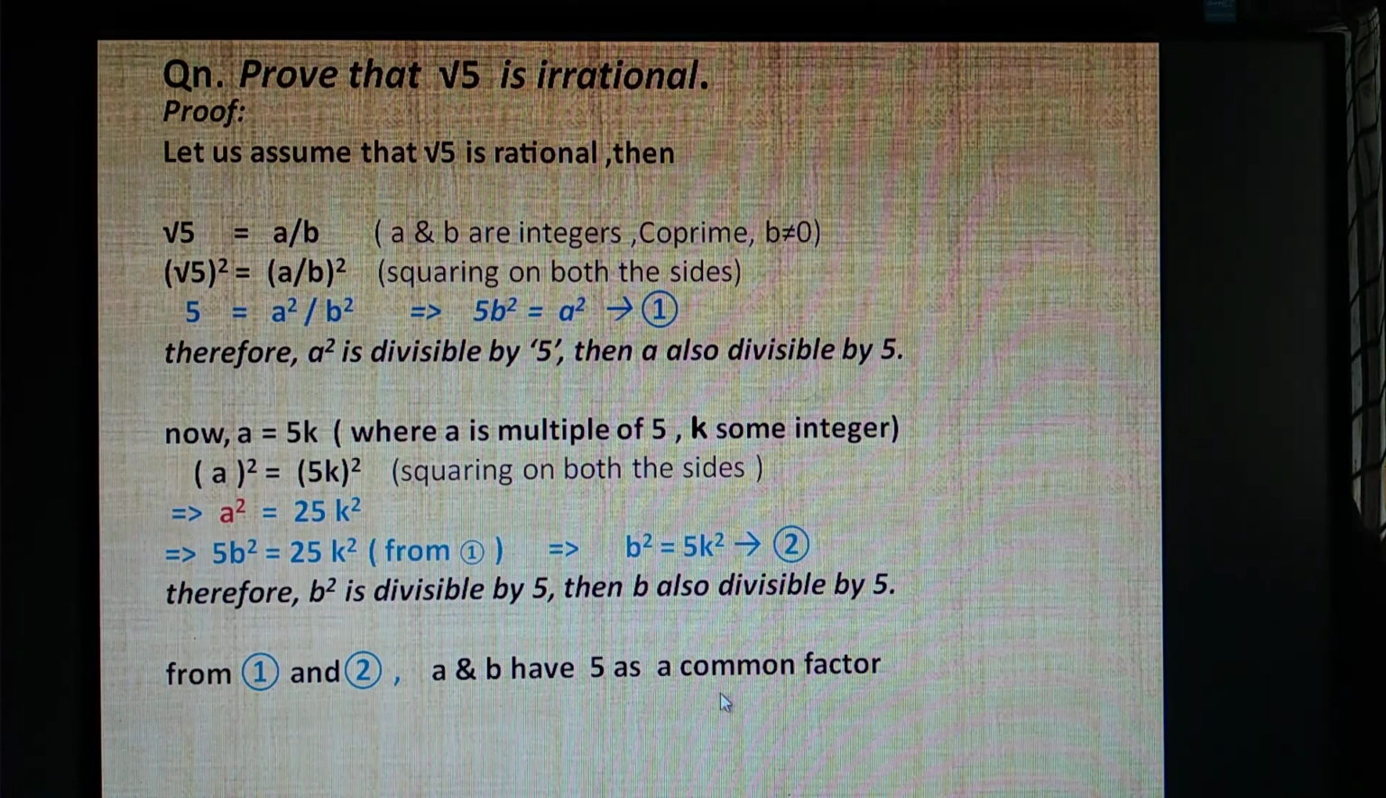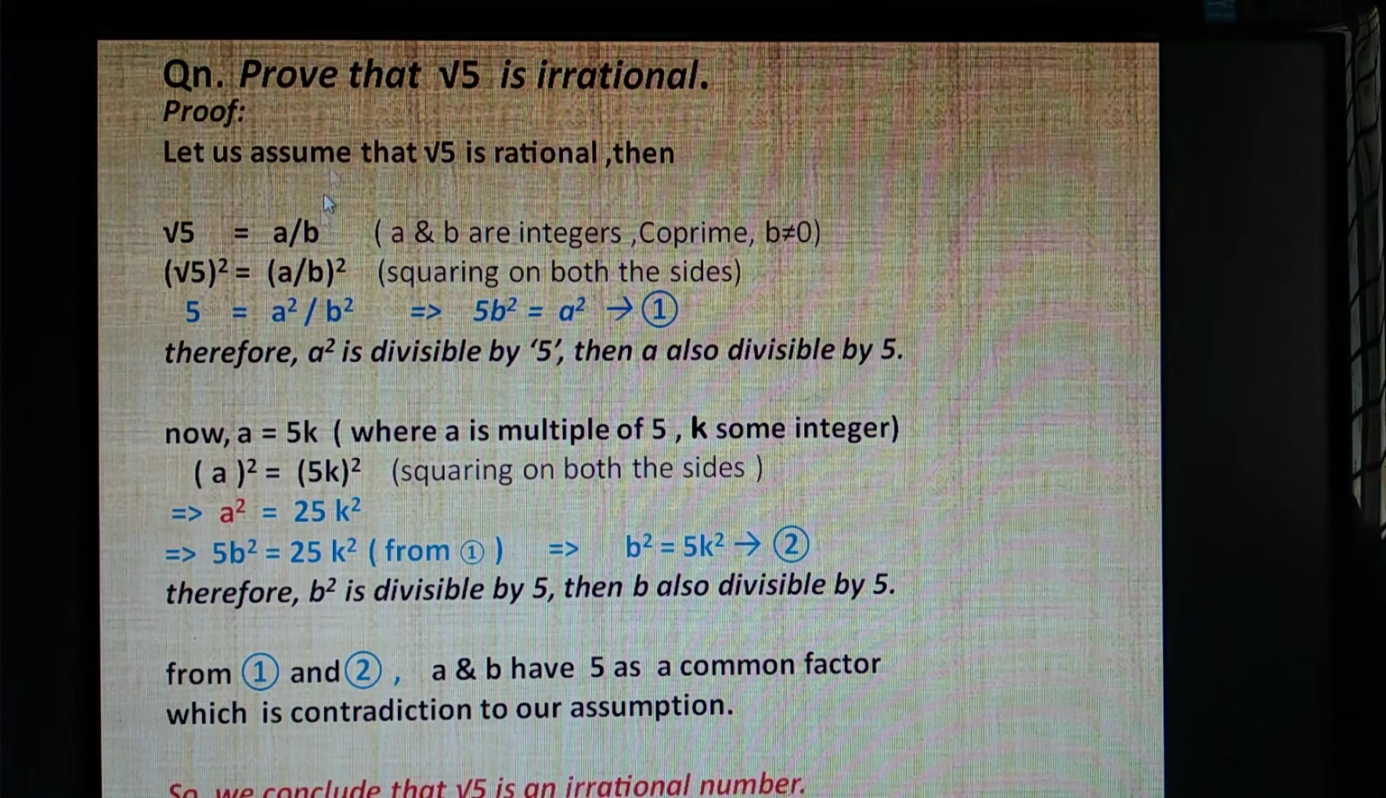But here what did we get? a and b have another common factor 5. So it is a contradiction to our assumption. Means opposite to our assumption. What we thought, what we assumed, root 5 is rational. But it is the opposite, no. So then finally what can we conclude? Root 5 is an irrational number. That's clear. Like that you need to verify. So here we write this equation 2, 1 and 2, and these statements are written following